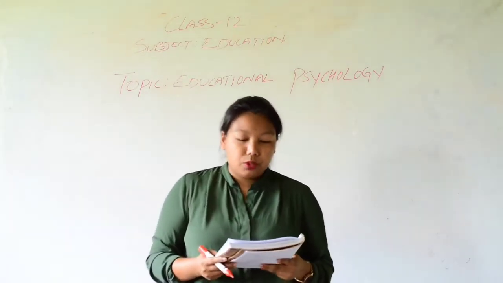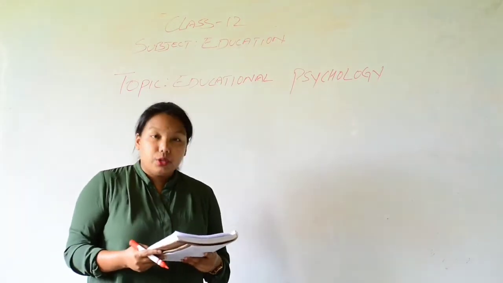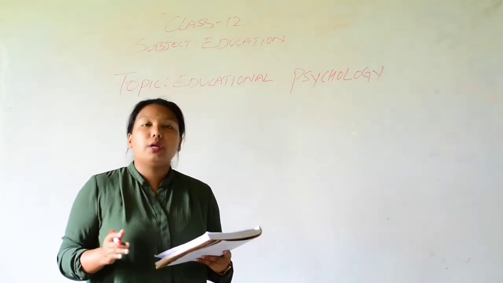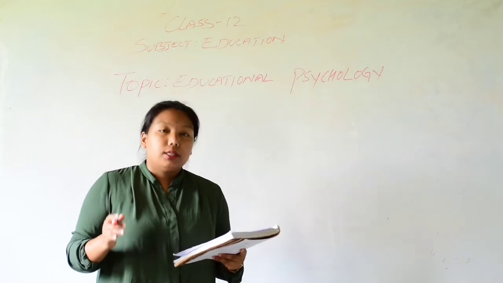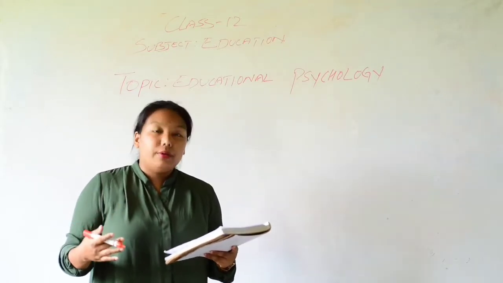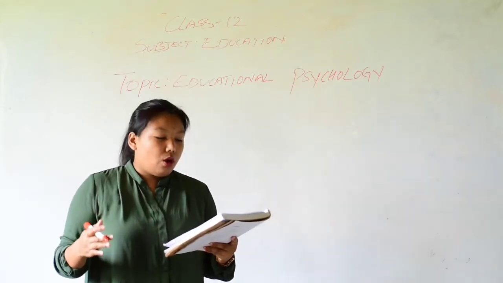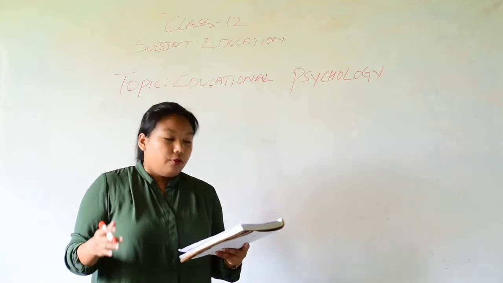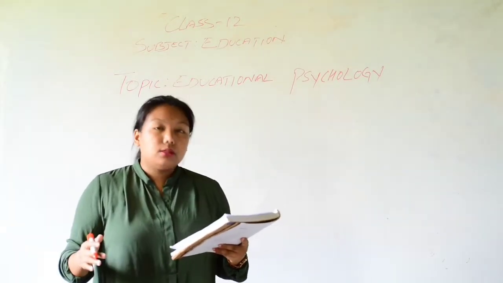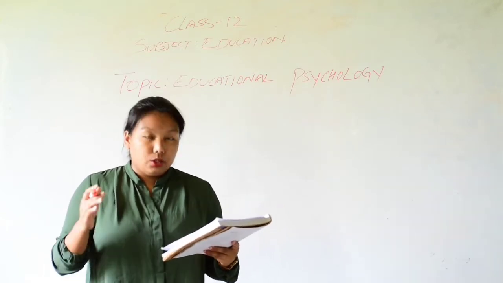After studying this chapter, the students will be able to understand the concept of education. Second point, students will be able to understand the nature and meaning of education. Third point, students, that is you, will be able to know the various branches of psychology. Fourth point, understand the ability of psychology in education. Fifth point, know the relationship with other disciplines and professions. The last point, that is the difference between psychology and education.